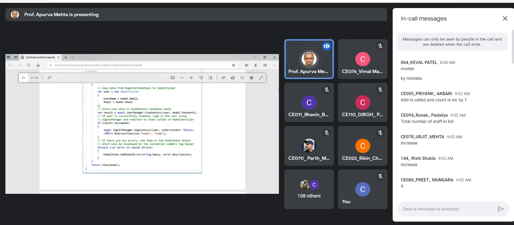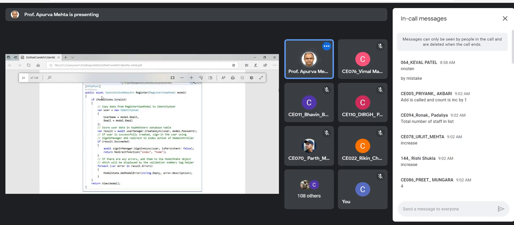Once the user is signed in, we want to redirect the user to the Index action method of the Home controller. And if there is any error, so there is no validation error. You can see that this foreach loop is within this if ModelState.IsValid.